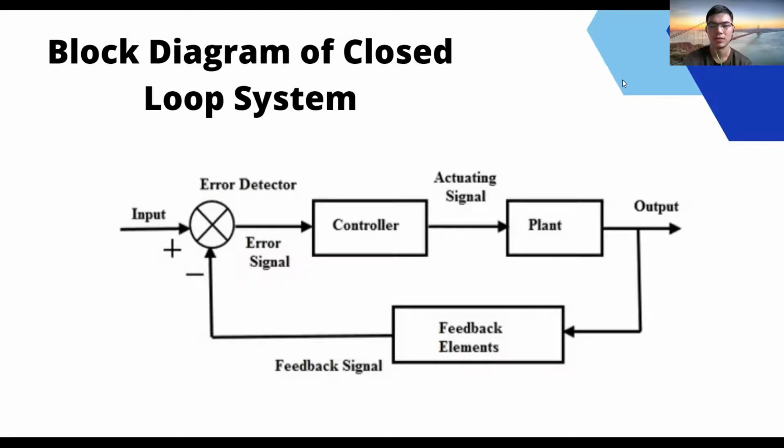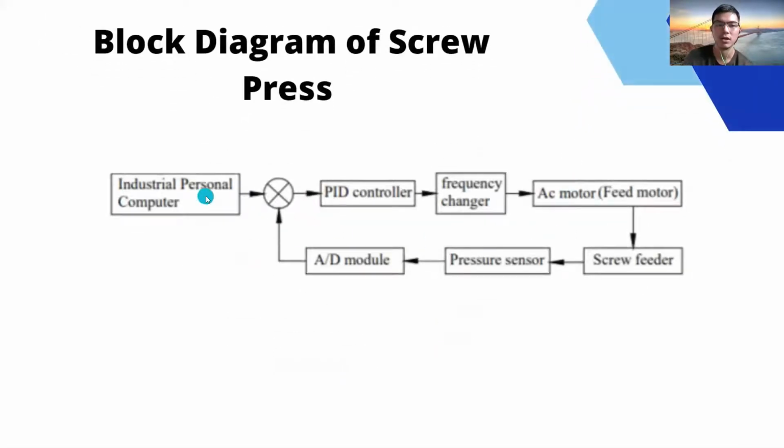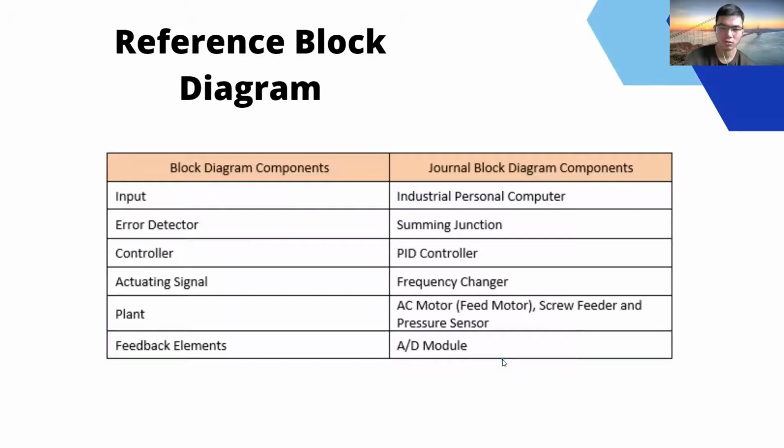From our journal, we get the block diagram as shown below, which has an industrial personal computer, PID controller, pressure changer, AC motor, feed motor, screw feeder, pressure sensor, and AD module. Now we go to the